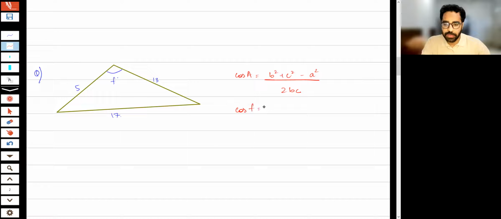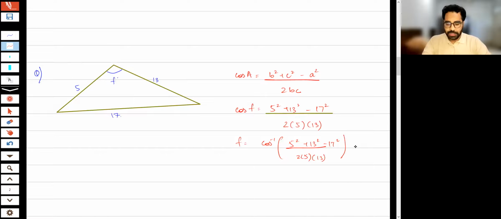So I'll get cos f equals b squared plus c squared. B would be 5 and c would be 13. So 5 squared plus 13 squared minus a squared would be 17 squared upon 2bc. So b and c हमें पता है 5 and 13. ओके, तो what I can simply do is I can just take the cos inverse, ठीक है, पूरा दोबारा कैलकुलेट करने की आपको जरूरत नहीं है, आप cos inverse डायरेक्टली ले लें और आंसर निकाल लें, ठीक है।